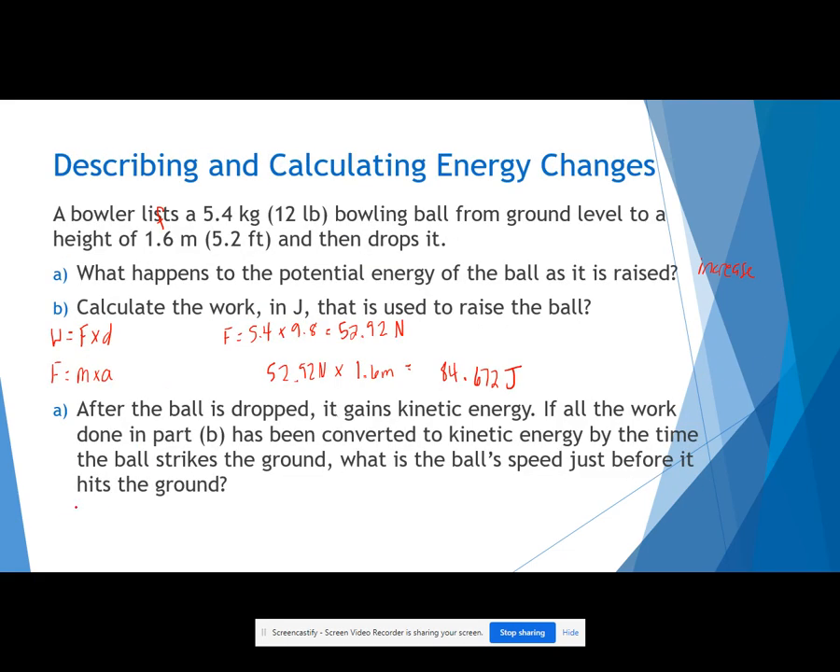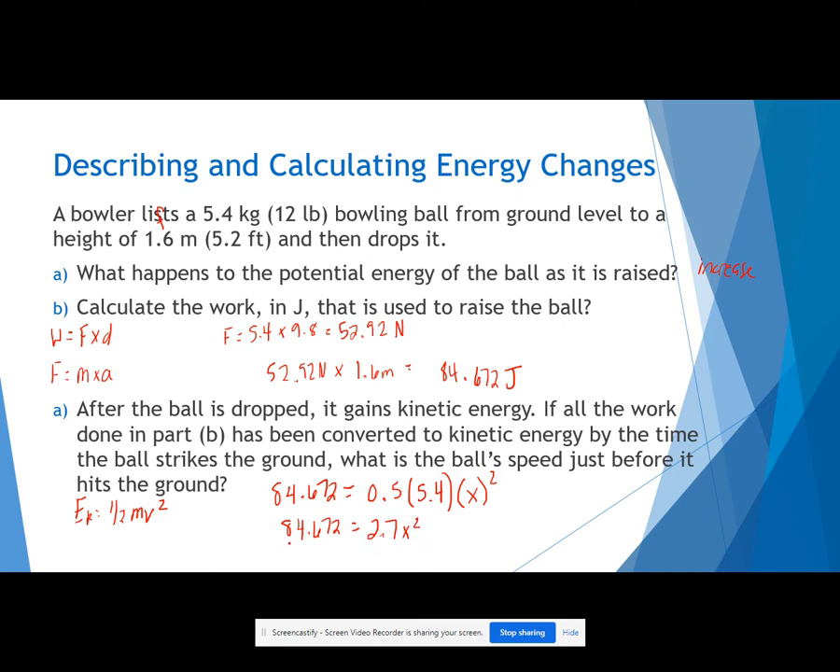So here we have kinetic energy equals 1/2 mass velocity squared. So we have to plug in what we know. We know our kinetic energy is about 84.672. Here we have 0.5. We know the mass to be 5.4. We don't know velocity, and this is all squared. So here what we can do is combine like terms. So we have 84.672. 0.5 times 5.4 gets you 2.7. So 2.7